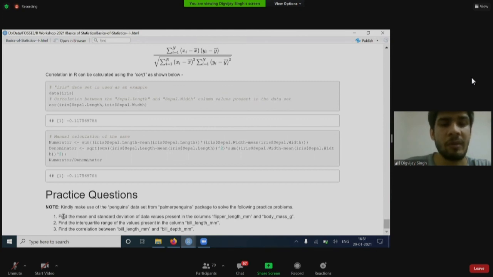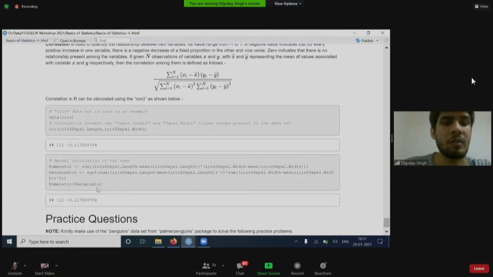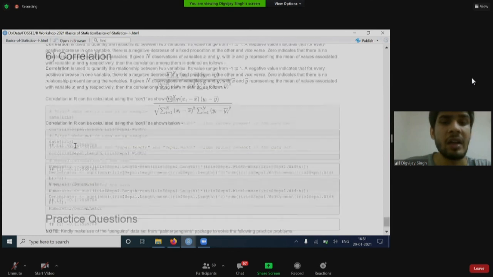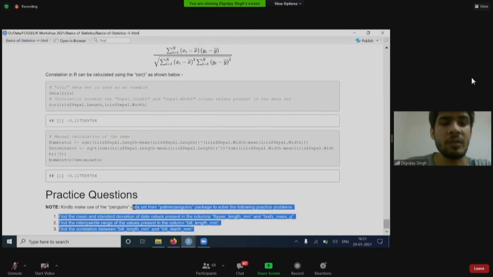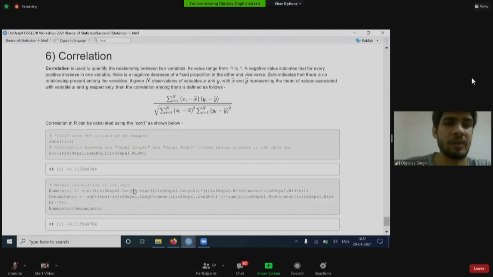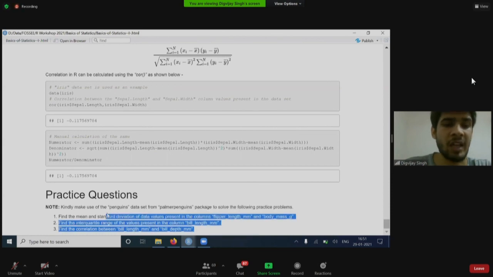These practice problems are quite straightforward. You need to find mean, standard deviation, interquartile range, correlation. You can find it using the formula by coding the solution, or you can find it using the function, whichever you feel better. And this document shall be shared with you after today's workshop gets over. So this will be a type of homework.